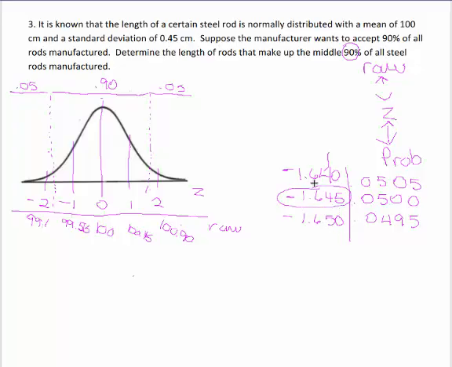So if your probability is exactly in the middle of 2, because remember, usually if it's closer to 1, then we take that one. But if it is exactly in the middle like this one was, you have to take exactly in the middle with your z-scores as well. So in between 1.640 and 1.650 is going to be 1.645. And so that's where we got that, and you have to use that or it's going to count you wrong on MyLabs. So this z-score that we just found over here is negative